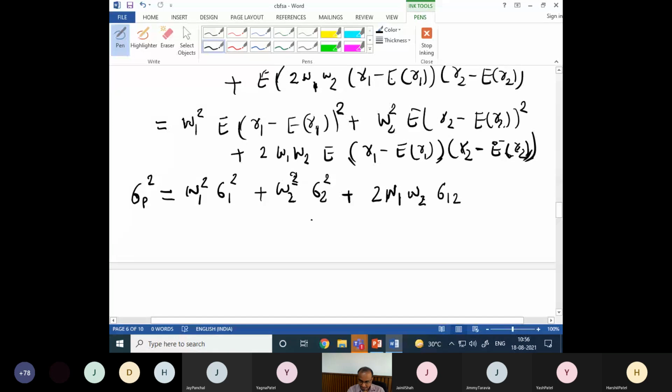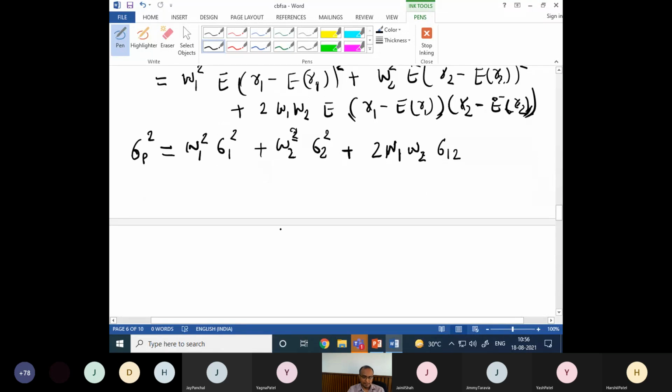So it is not only related to the variance of the securities only, but it is related to covariance between the two securities. So that's the trick, right? If there are only two securities in a portfolio, it is not related to risk of the individual security only, but also related to the relation between the risk of the two securities, right? So it is related to this sigma 1 2 also.